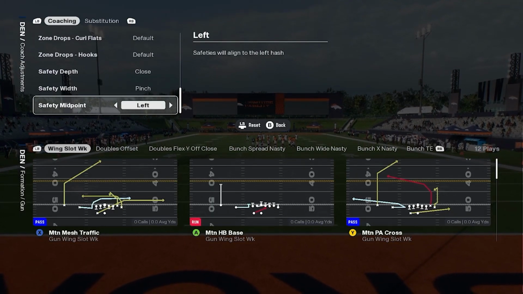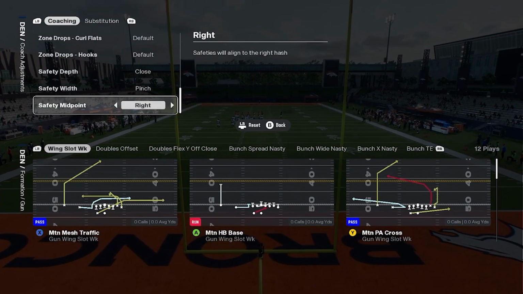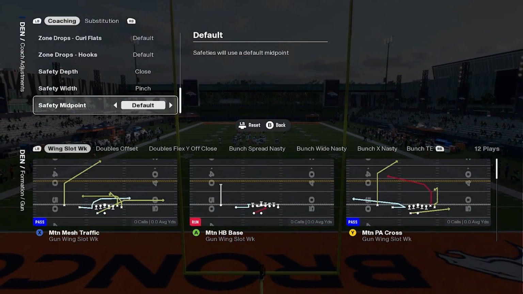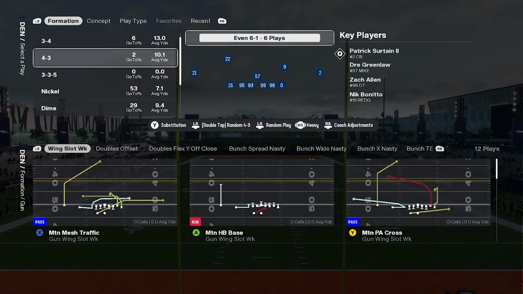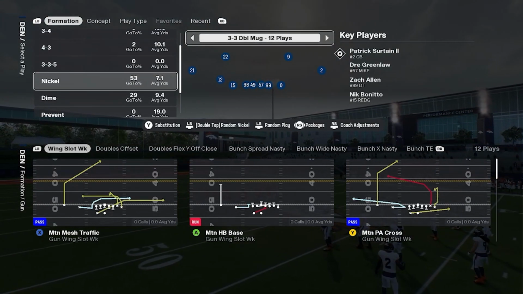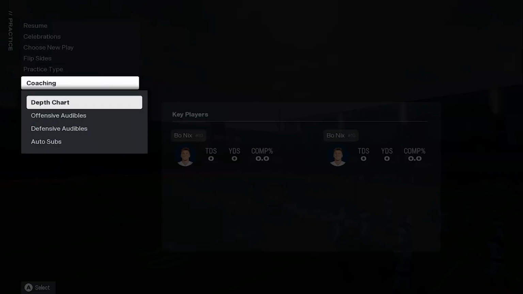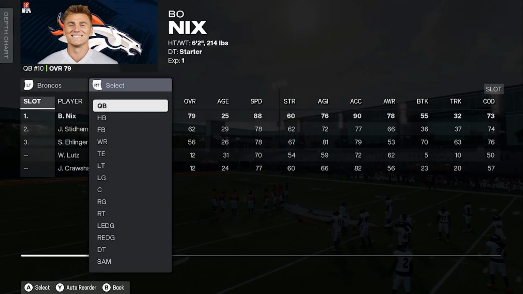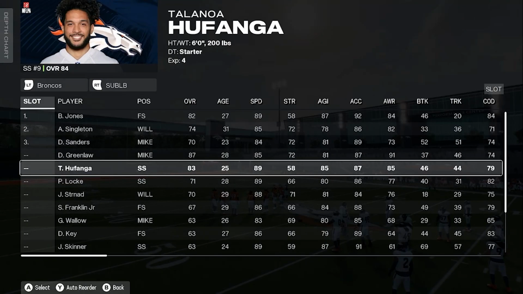I'm still messing with safety midpoint. I don't know if there are any good pros or cons to these right now, but for now, we'll just leave it at default. Okay, so we'll go into one of my main setups that I love doing, and we'll go to coaching adjustments, because me personally, I don't like how linebackers play the ball. So what I like to do is I put Brandon Jones here, and then